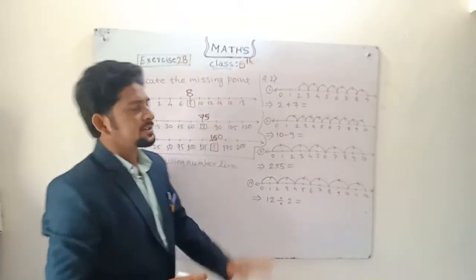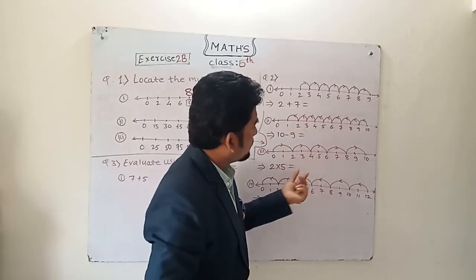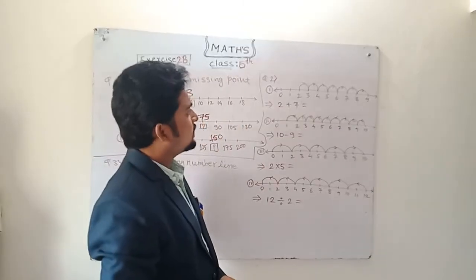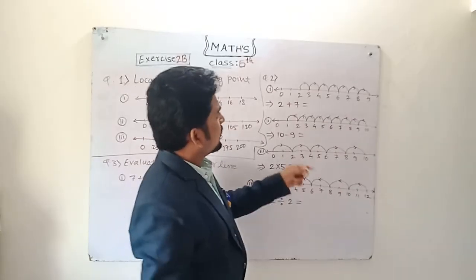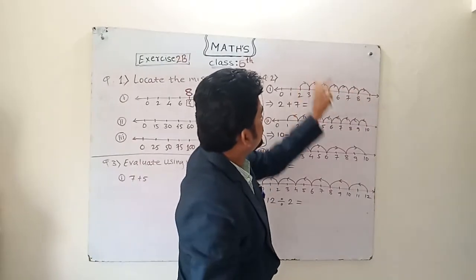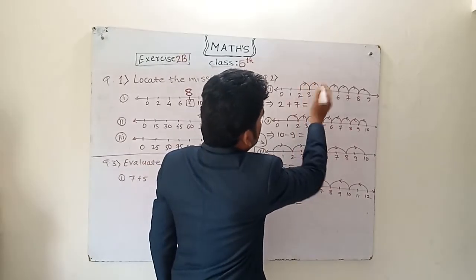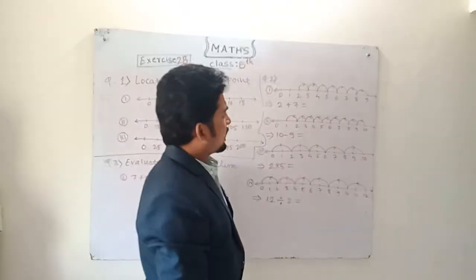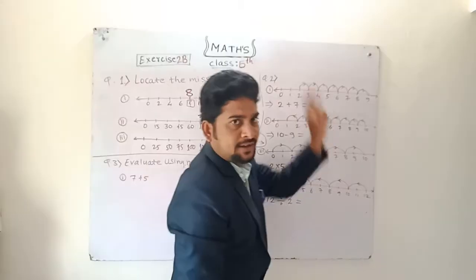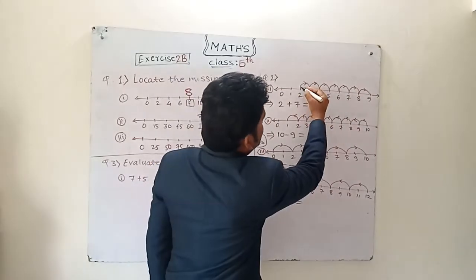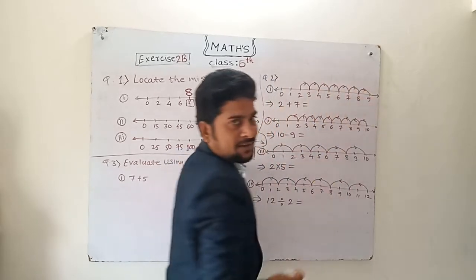Now we will see question number second. See, this graph is given on the number line. I have already written here for your understanding. See, this is going to the right side. You can check the arrow. Starting from 2 and it ends at 9. So how many curves are there? 1, 2, 3, 4, 5, 6 and 7, right?